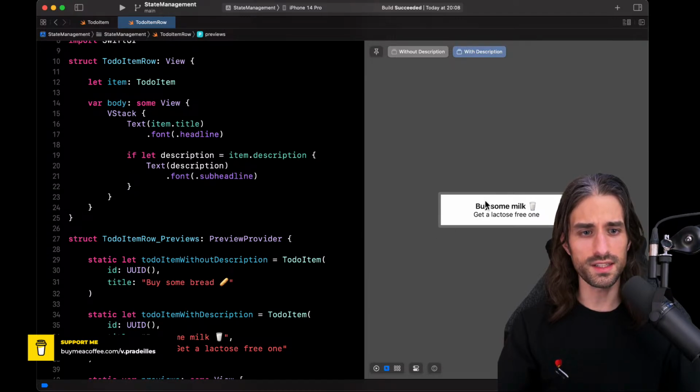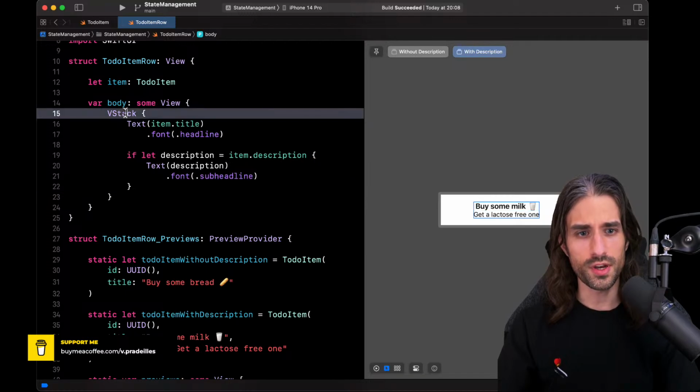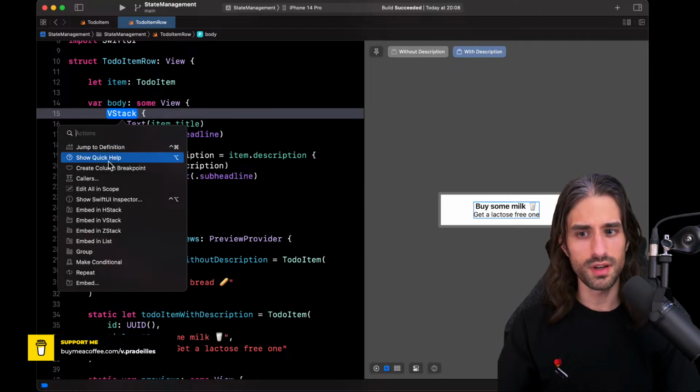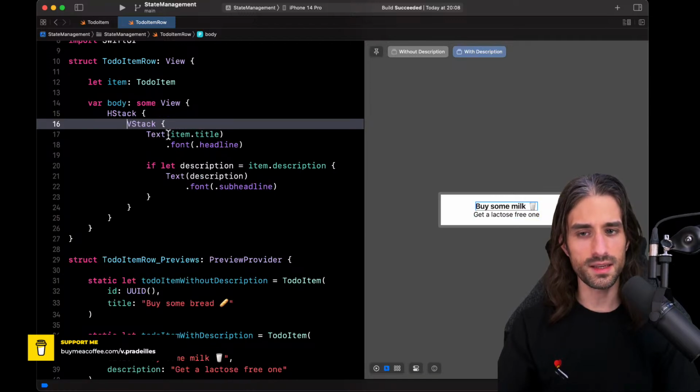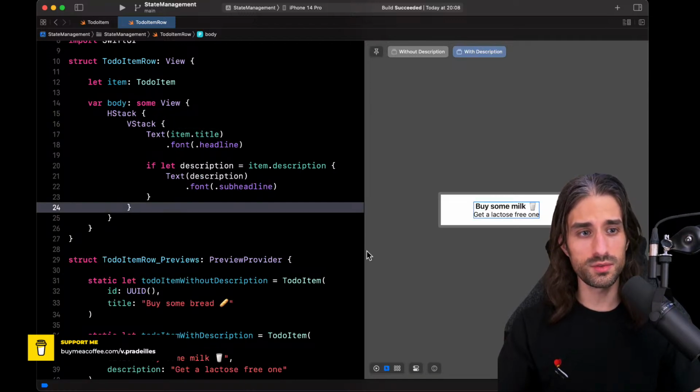So we are showing the title and subtitle. This is kind of nice, but I guess we can do better, because usually when you have a to-do list, you tend to not center things, but display everything from the left. You would have on the left the button that we will add later, and then the title and the subtitle. So to do this, we are going to put our VStack into an HStack, so to stack items horizontally. And what we want is to say, let's put the items, the title and the description, as much to the left as possible.